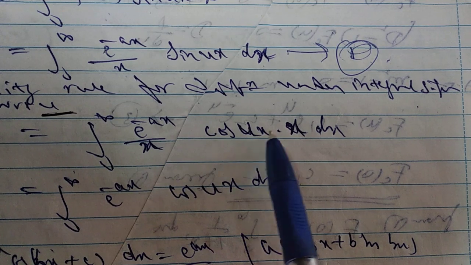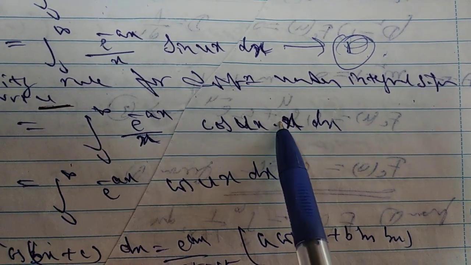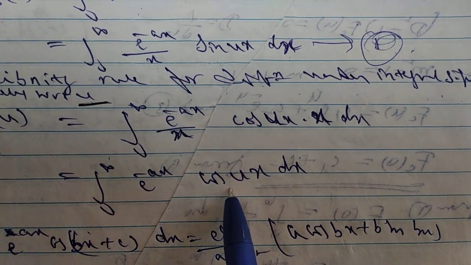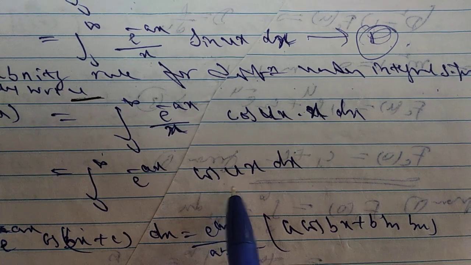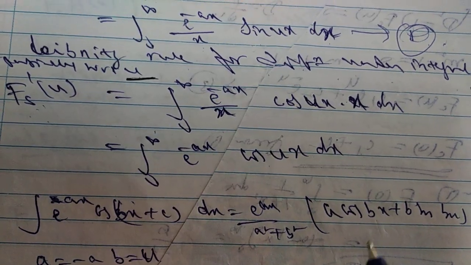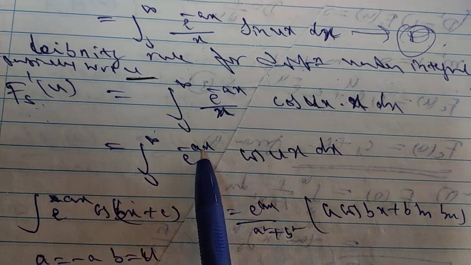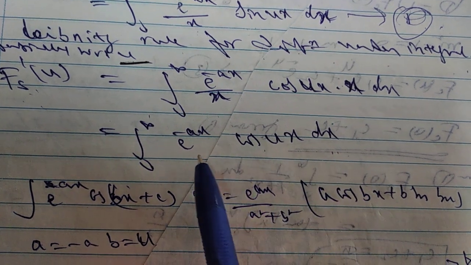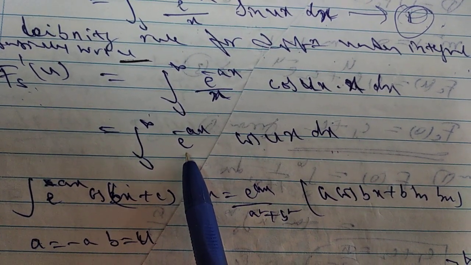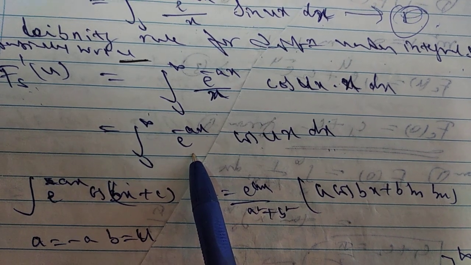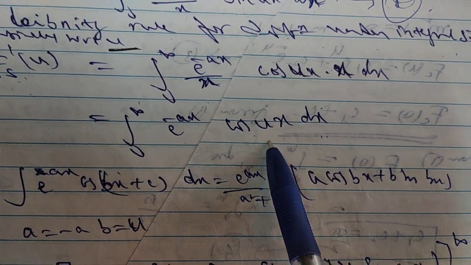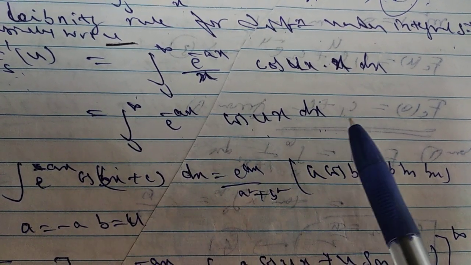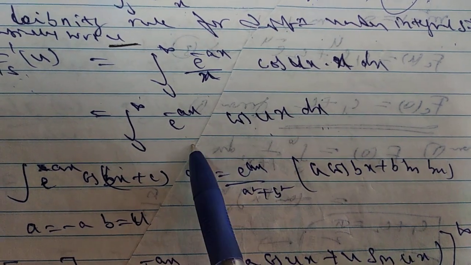So now this x and this x become cancelled. So what is the remaining? Integral of 0 to infinity e power of minus ax, and the remaining is cos ux into dx. So next, how to integrate this one, e power of minus ax into cos ux? We can't apply Bernoulli's rule. Why can't you apply it? Which term do you take as u? Suppose you take e power of minus ax, when you differentiate, you won't get a constant term. Otherwise you take cos ux, when you differentiate, cos becomes minus sin and then cos again, so there is no ending. So directly it is not possible to integrate.